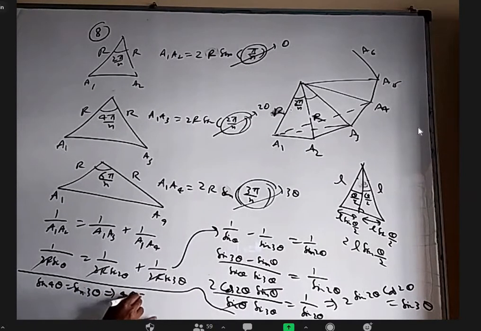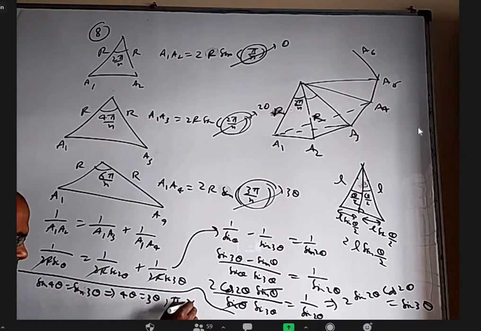One option is 4 theta equal to 3 theta, that is meaningless. I'll get 3 theta equal to 0. Another option is pi minus 3 theta. I'll get a lot more options also, 2 pi and all that. When I take the second one especially, bring this 3 theta to this side, I'll get 7 theta is equal to pi. 7 theta equal to pi, where theta is equal to pi by 7.